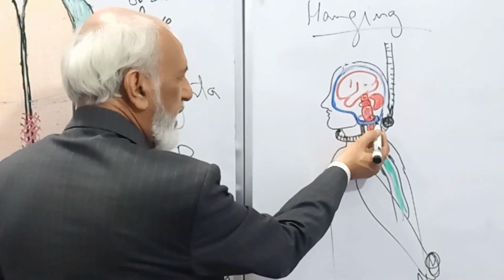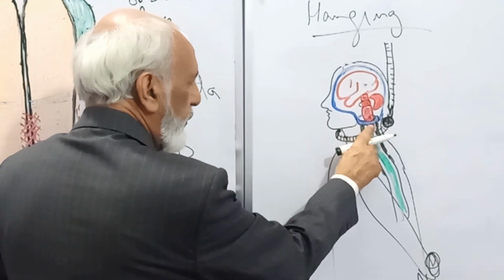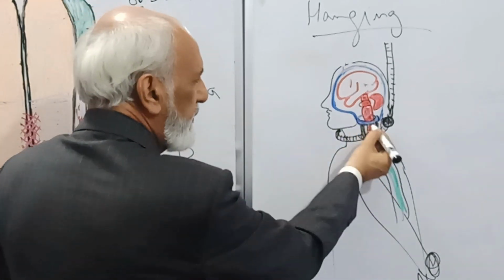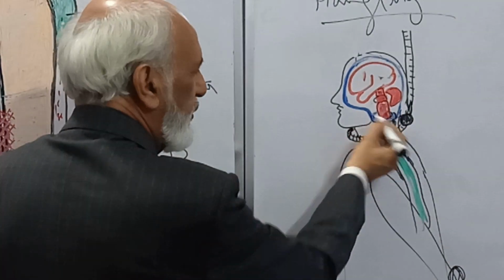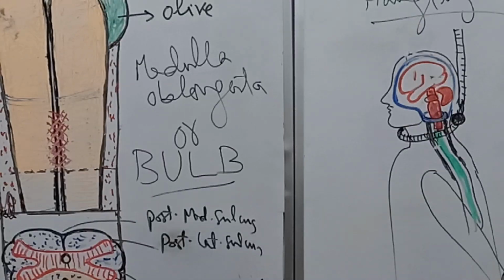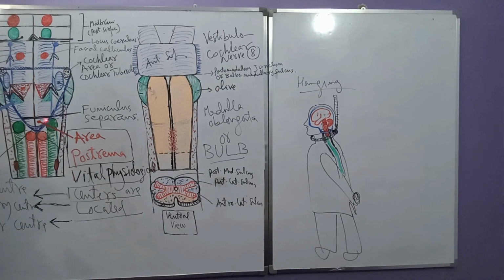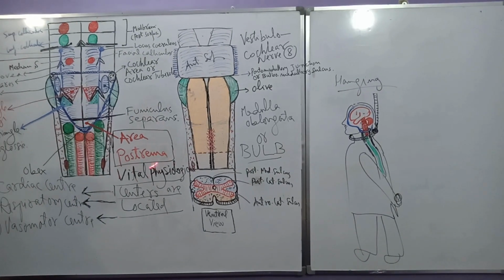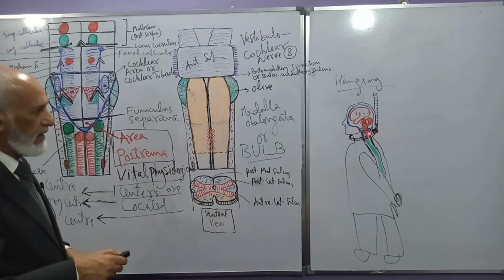When the vertebra is fractured and pushed forward, you know what is here? Medulla oblongata. Now what is in the lower part of the posterior surface of the medulla oblongata? Area postrema. Foramen magnum is here. So it descends to the foramen magnum. So just below the foramen magnum, because the medulla oblongata descends below the level of foramen magnum into the upper part of the vertebral canal, therefore this area postrema, where there are vital centers, is in the upper part